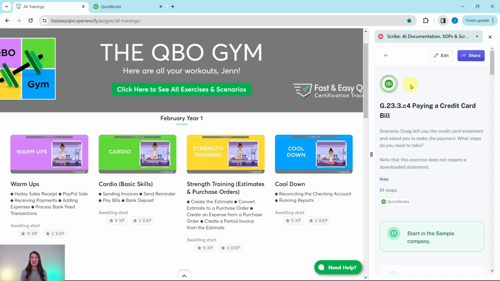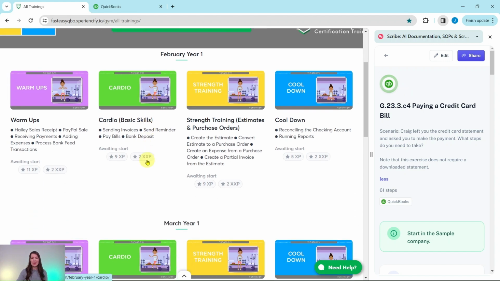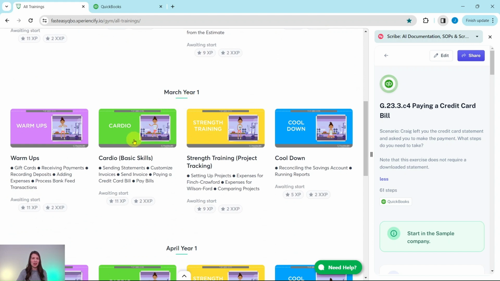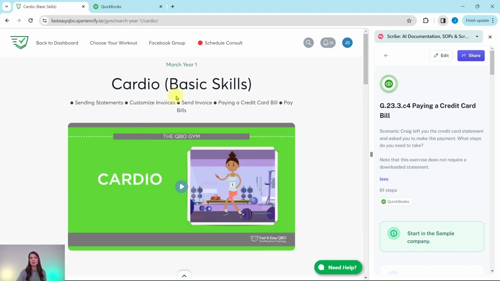All right, here we are in the QBO Gym. The QBO Gym is a place where we have numerous hands-on exercises that simulate real-life scenarios that you may encounter as a bookkeeper. We come out with new exercises each month and break it down for you into 4 different sections. Today, we are working in the March Year 1 cardio section where we really focus on those basic